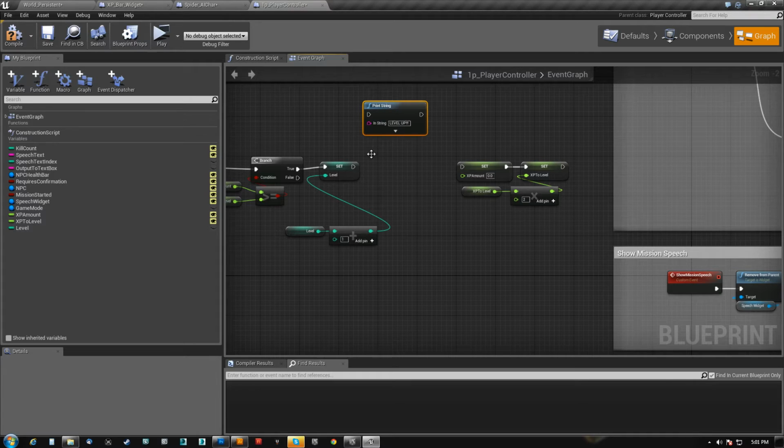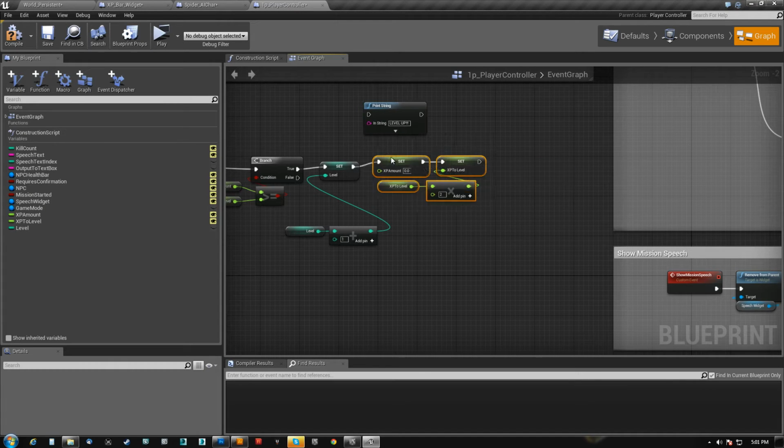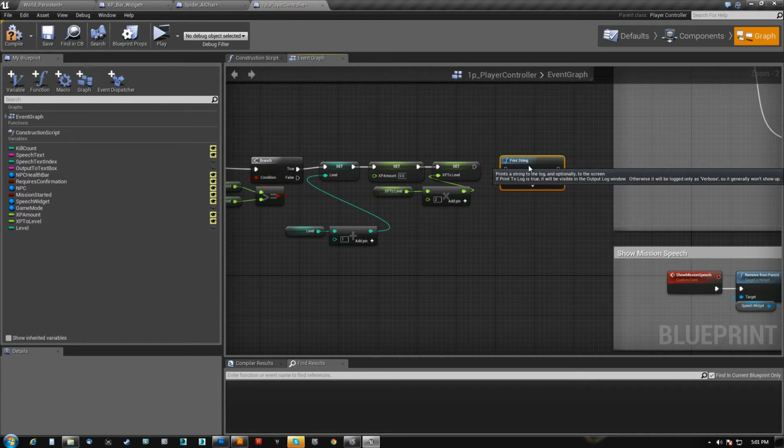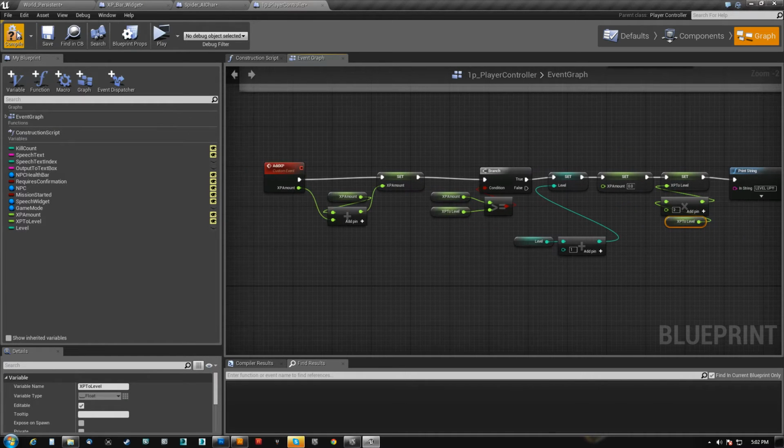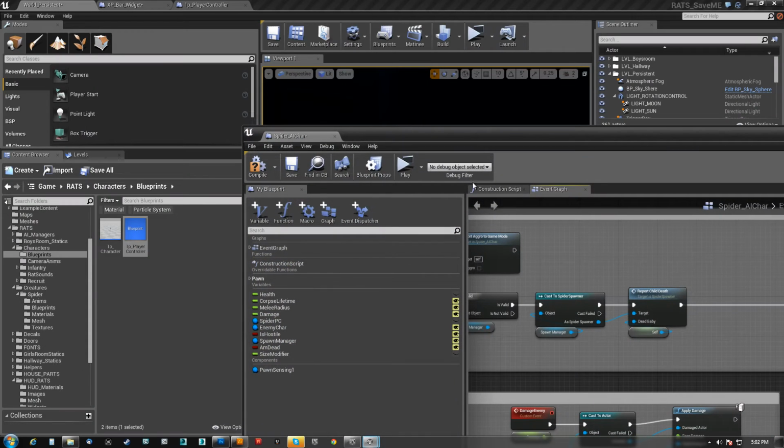Okay, so now our player controller has the ability to do the calculations on that, and I actually don't even think I really need this, to be honest with you. But I'll put it there anyway, just so we can see that it happened. It's always a good idea to do that when you're first testing stuff out, just to run a print, to make sure it got fired. Okay, so compile, save, add XP. The XP amount comes through, so we go here,